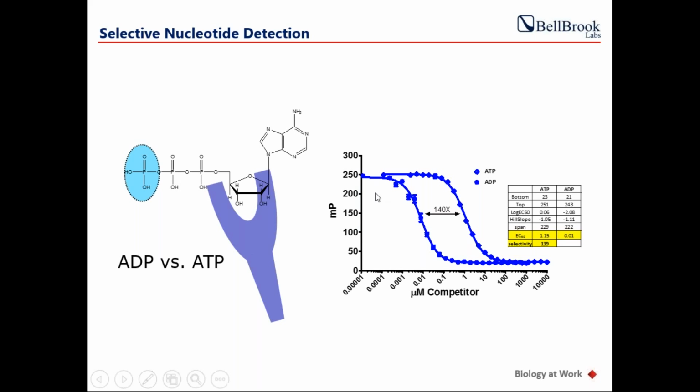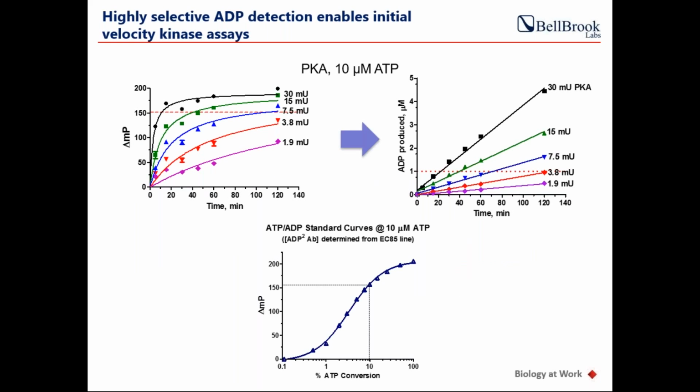And so if we do competitive binding experiments, we're looking at ADP here on the left. ATP then displaces the tracer with about 140-fold less competency. So we found that in order to generate good assays for initial velocity enzyme detection, we need about 100-fold selectivity for the product nucleotide versus the substrate nucleotide. So what that enables you to do then is to directly detect initial velocity